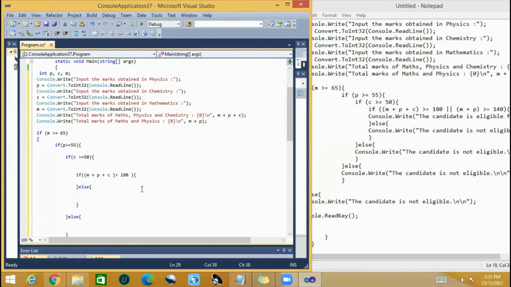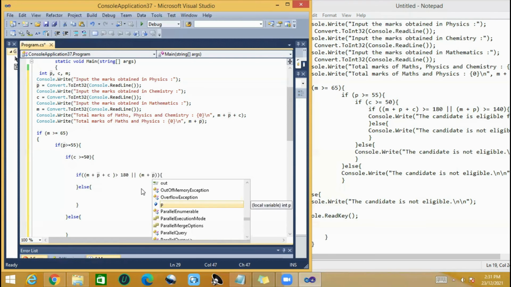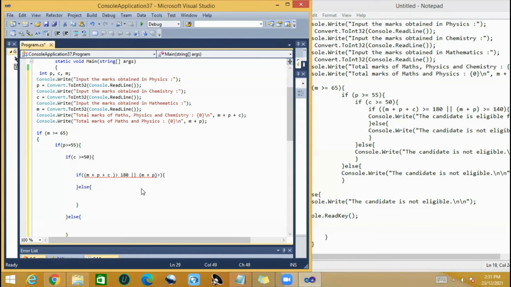OR, right? So logical OR. So then again I need to check if the total of maths and physics are greater than or equal to 140. So again two brackets. Then I check M plus P is greater than or equal to 140, right? So here you can see